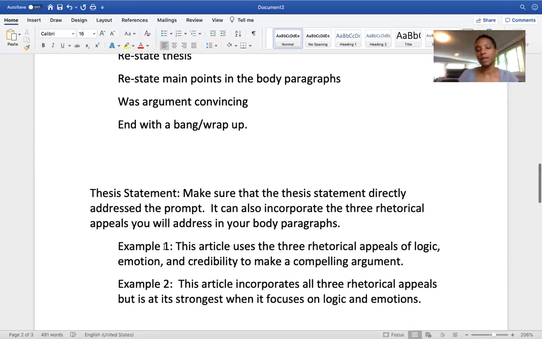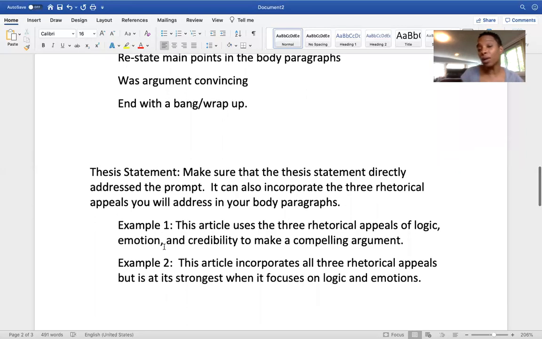So I give you some examples. Feel free to use these examples if you choose to. You can also make it prettier, do your own thing. It's fine either way. So this article uses the 3 rhetorical appeals of logic, emotion, and credibility to make a compelling argument. That's a clear thesis. It's saying, one, that I think this is a compelling argument, and then these are the 3 things that make it a compelling argument.